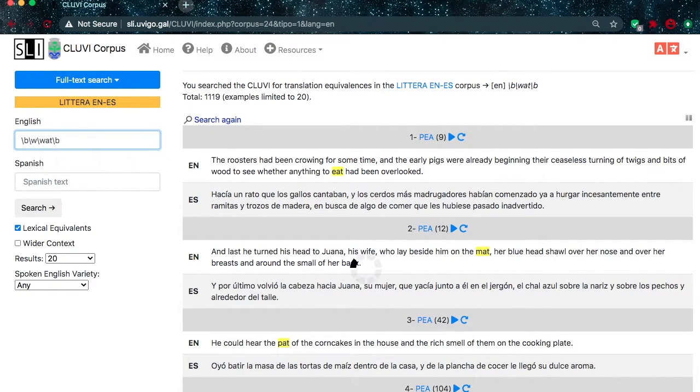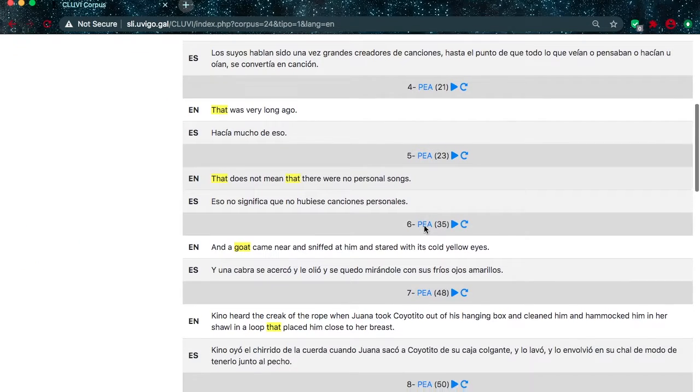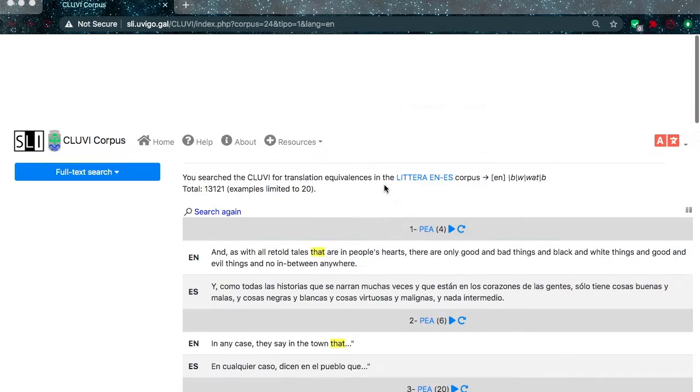This is why the results in the first query include words like eat, mat, pat, and fat, and in the second query, we can find words like that, goat, and beat. The only thing these words have in common is the number of letters designated by the search query. Therefore, when using \W, character options such as punctuation marks are automatically discarded.